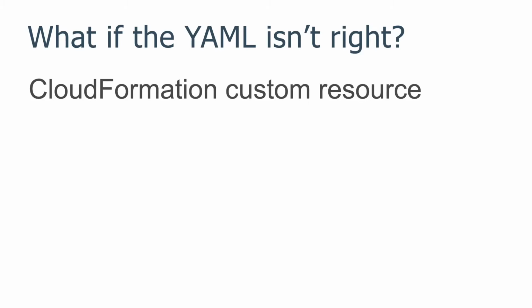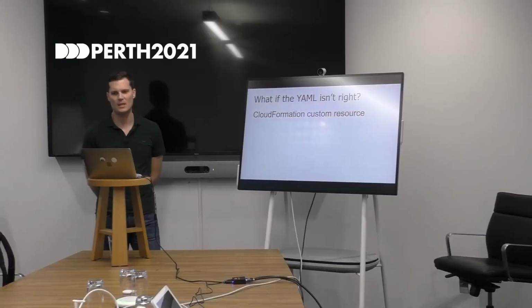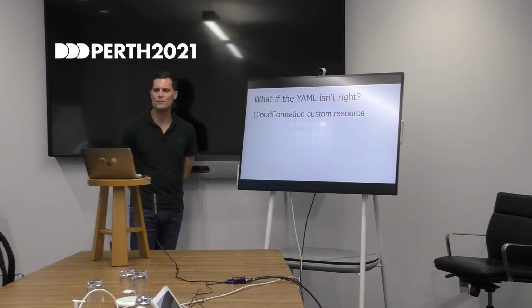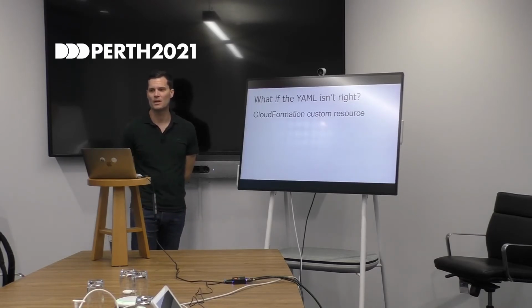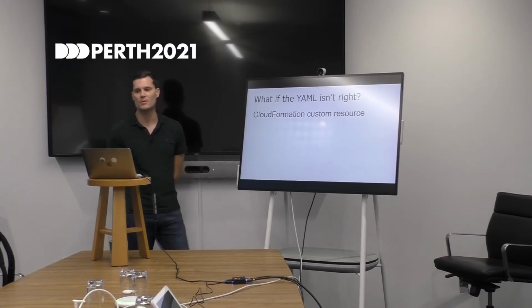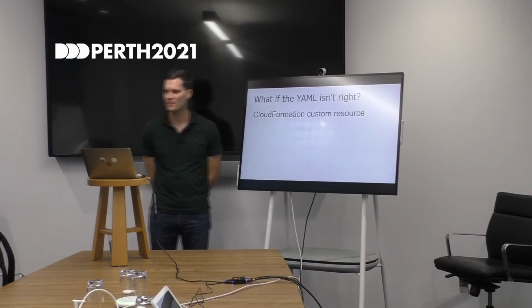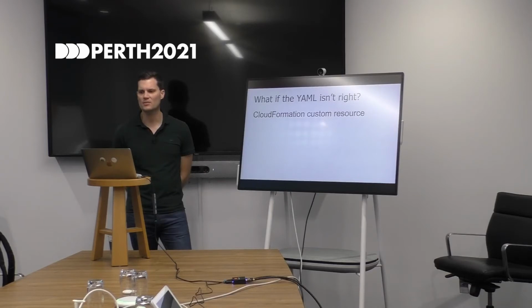We also have the option of using CloudFormation custom resources. And a CloudFormation custom resource is a Lambda function that supports create, read, update, delete, and list operations. It's commonly used when a feature is supported in the AWS SDK, but not yet in CloudFormation. This is also very useful when using non-AWS resources. I often hear people say, I want to use Cloudflare DNS during the deployment. So that means I have to wrap the entire thing in Terraform, right? Well, you can write a CloudFormation custom resource that updates your DNS, and that is invoked by CDK.